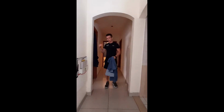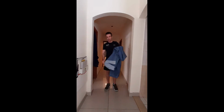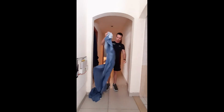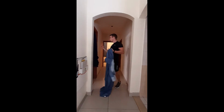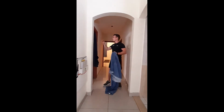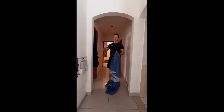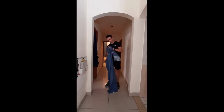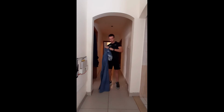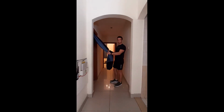Because back is such a hard muscle to target without proper gym equipment, what we're going to need to do is get a little bit creative. I've got here a bed sheet. What I'm going to do is tie a knot in it, and I'm going to rope that up over the door. I'm using 2. Main thing is you put it in the way that the door is pulling out. If the door is pulling against you, you're obviously going to pull the door up. So what I have here now is basically a homemade TRX, and I'm going to use it for 3 back